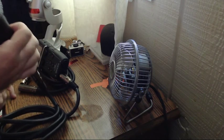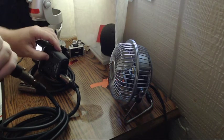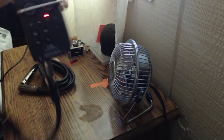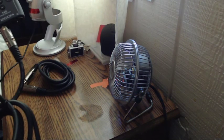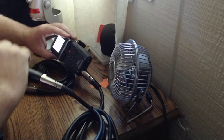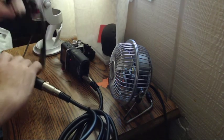So I'm going to plug this in, and I'm going to turn it on. Hello. Hello, hello, hello. And as you can probably not see because it's overexposed. Hello. No, you can't see, but it is picking it up. That is good. It doesn't necessarily mean that it works, because I used an older XLR cable, and it was